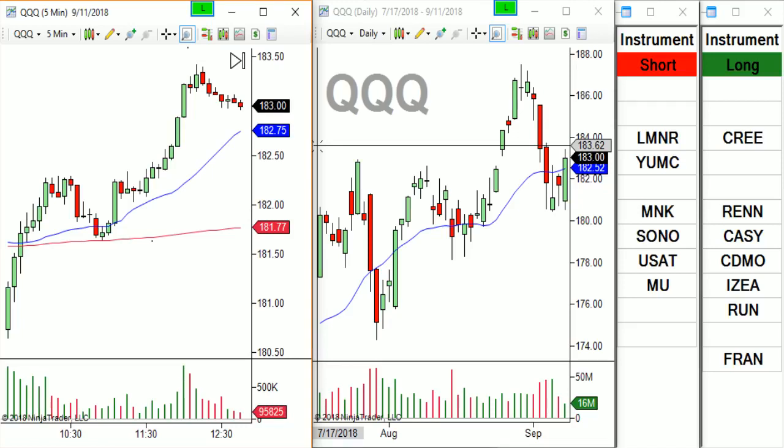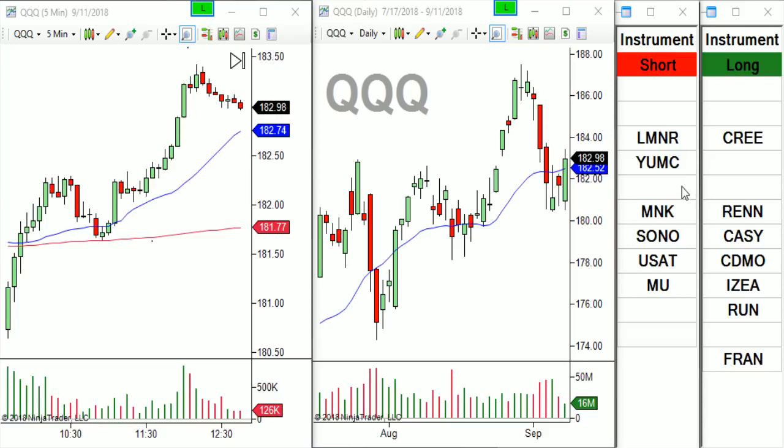Okay, so let's start, and that includes gaps too. In the morning, we'll start with the gaps list. Now I put my, let me pull this up here. This is not my current watch list. I took a picture of the watch list that I brought into the open, and I reset it to what I had at